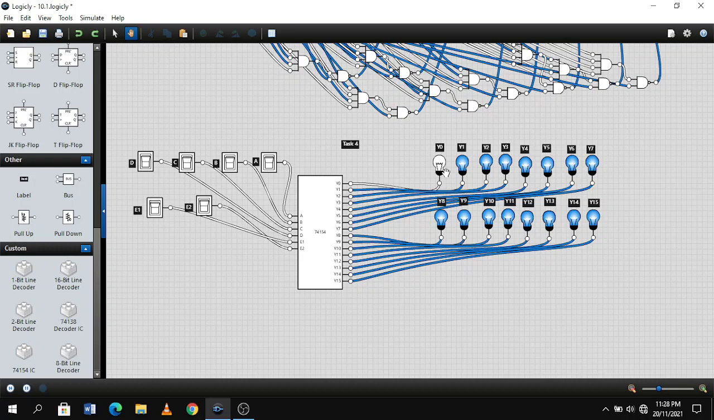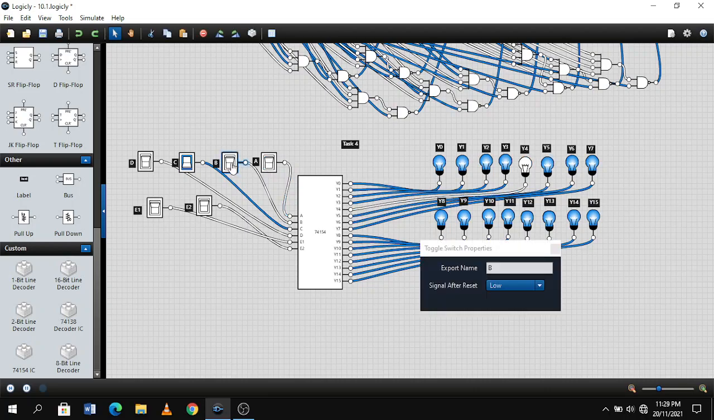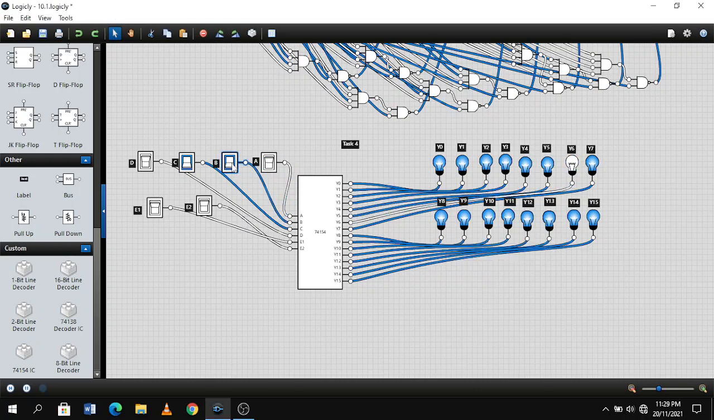For Y1, A must be turned on. For Y2, B must be turned on. For Y3, A and B. For Y4, it must be C. For Y5, C and A. For Y6, C and B. For Y7, C, B, and A. For Y8,